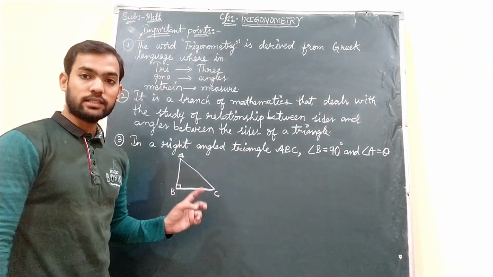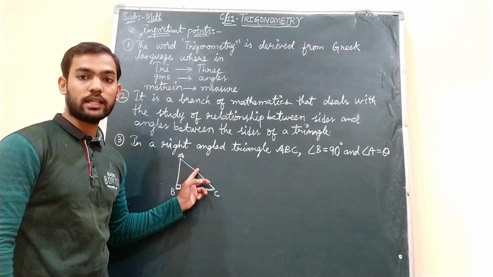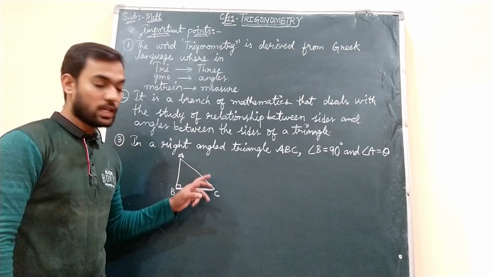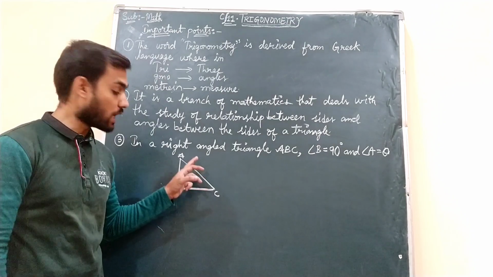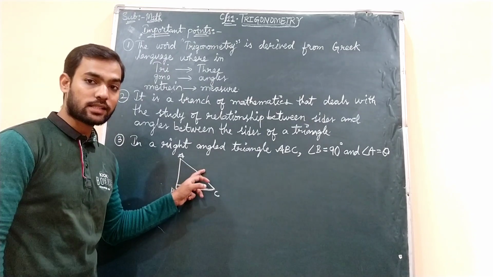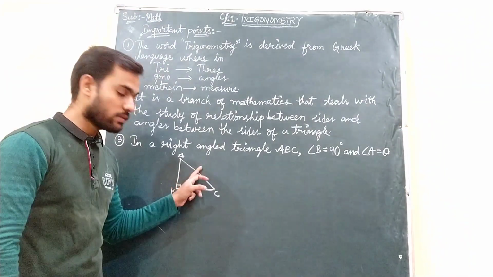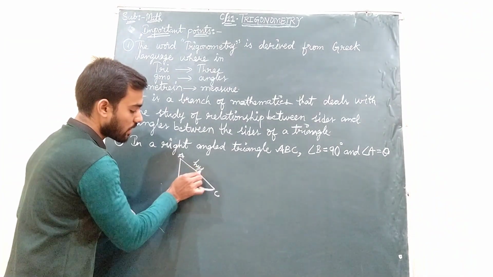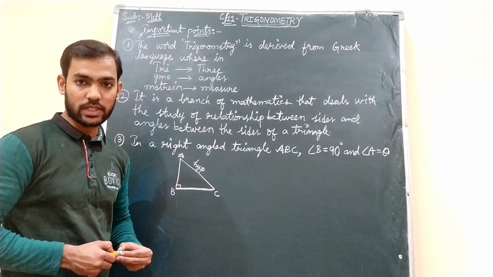In a right angle triangle, there are three sides, and there are different names for all three sides of this triangle. One side I can easily say is the hypotenuse side. Why is it the hypotenuse? Because it is the longest side of the triangle, as well as the side opposite to the 90 degree angle of the triangle. We call this the hypotenuse. So here AC is the hypotenuse side of the triangle.